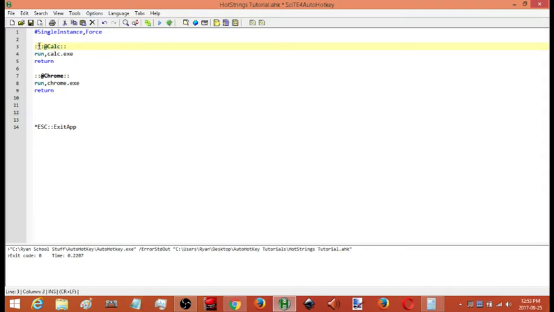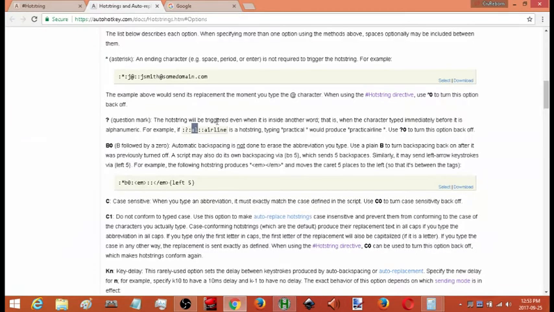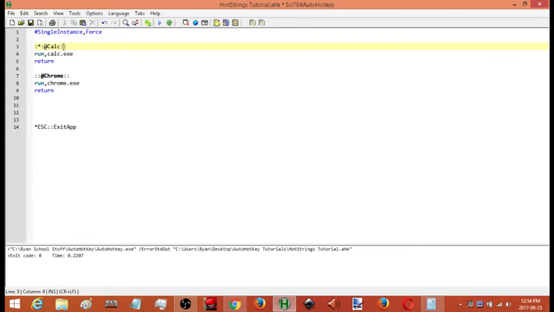Actually, that's not quite what it means. Let me see. I think this is anywhere within it. Okay, yeah. Something triggered when it's inside of another word. There's a hot string. Okay. My mistake. So with that one there, if I typed out any word that had, let's say once again, I just changed this to CAL. Normally it would have to have